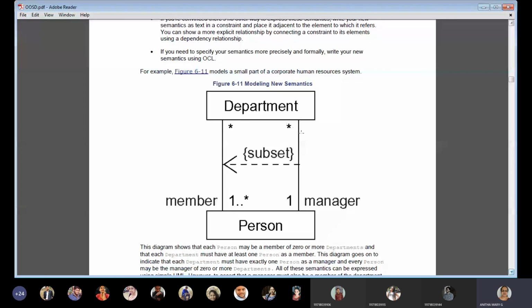So for these relationships, two kinds of associations we are showing. This one is from the group itself, the HOD is from the group of the department. Similarly, the association we are showing is a subset of the main one where all the members are present. So the association of one belonging to many departments is a subset of one or many belonging to many departments. This is what we can call the new semantic.